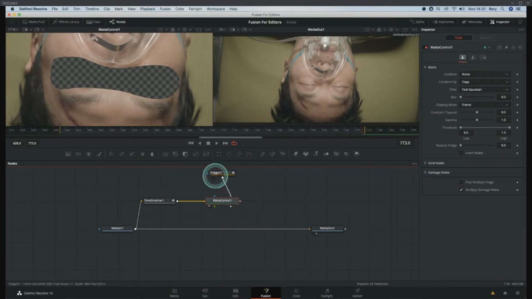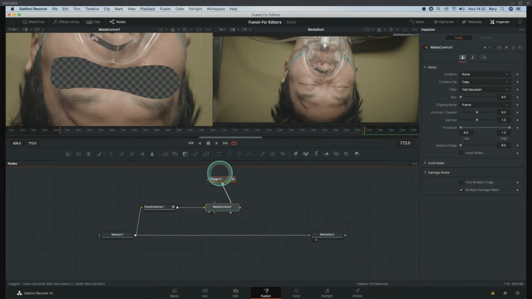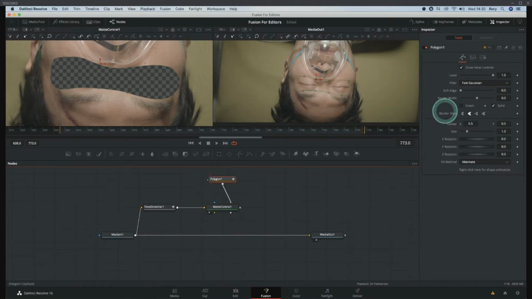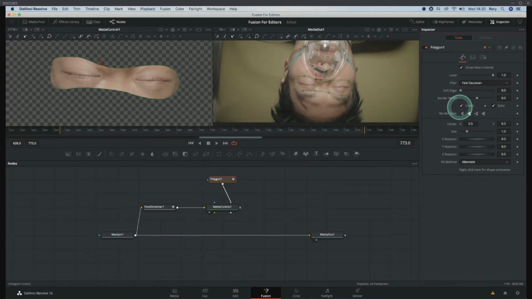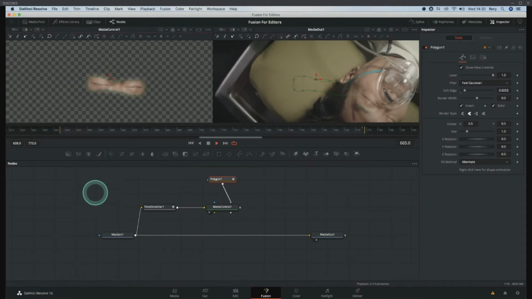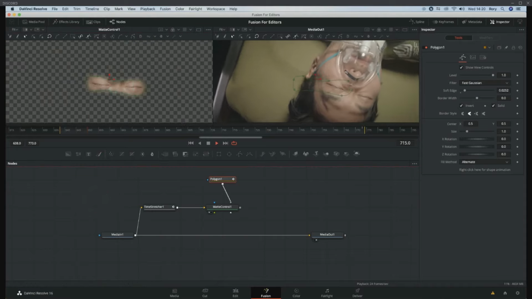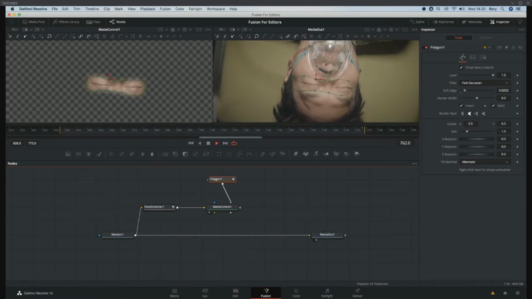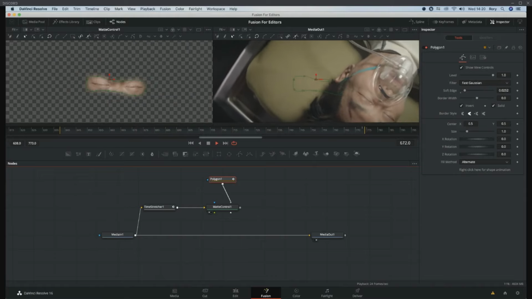It's the wrong way round. So to fix that, I'll go back to the polygon and invert the mask. And then while I'm here, I'll add some softness so it blends back down to the comp underneath. So that's good. If I go back there, Command F, we can see that I've got a nice plate to go back over the face, but now I need to capture the motion of the face